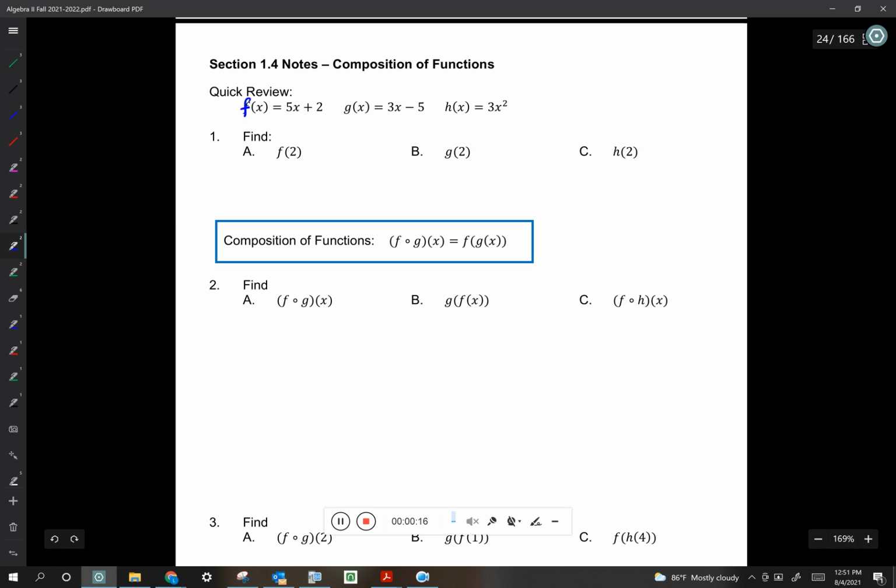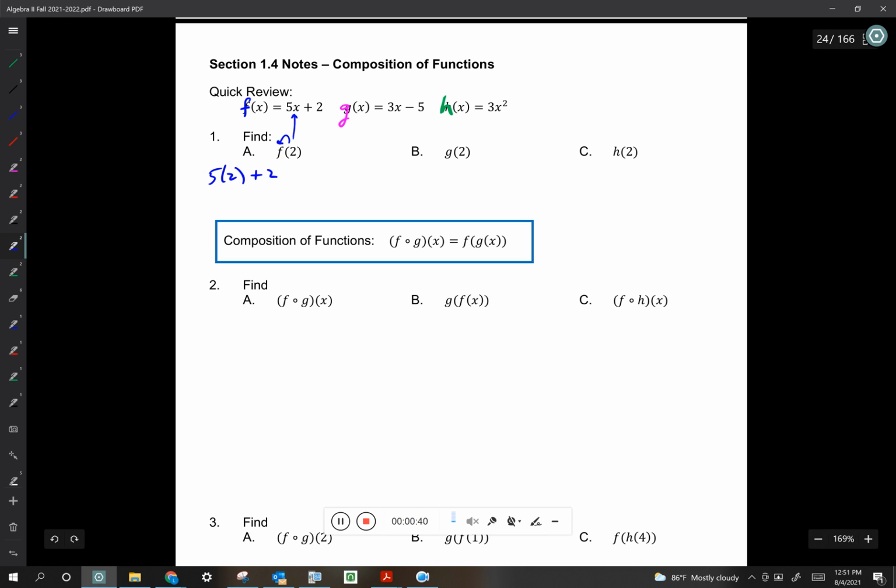This is f of x, and this one is g of x, and then the last one is h of x. So three different names, f, g, and h. Okay, so letter A says we want to find f of 2. Right? So that means we're going to plug a 2 into the f function. Well, which one is the f function? This one right here. So if I put a 2 in for x, I'm going to have 5 times 2,